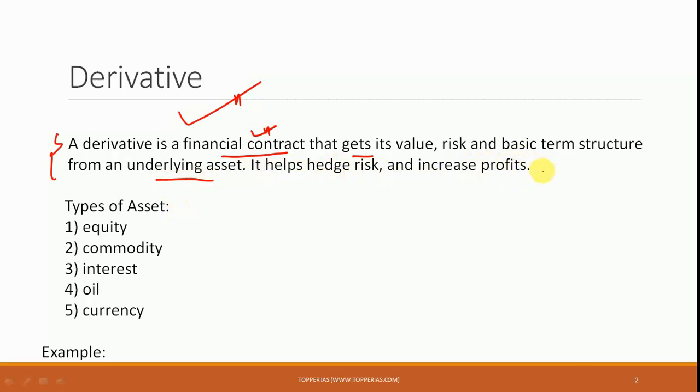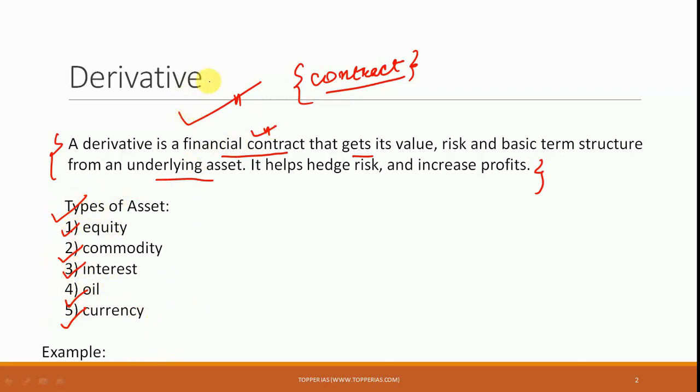Now, what does this basically mean? In a normal share market or stock exchange, shares, or for that matter any particular commodity, are purchased right at that moment. No contract is involved in the purchase of these things. But in a derivative, it is the purchase of a contract. It is actually about signing a contract. This contract is deriving its value from an underlying asset. These assets can be of different types, that is equity, which is the share, or a commodity, interest rate, oil and currency.